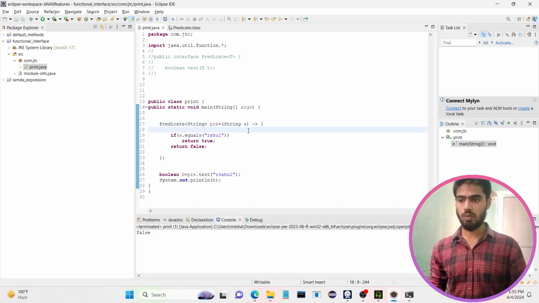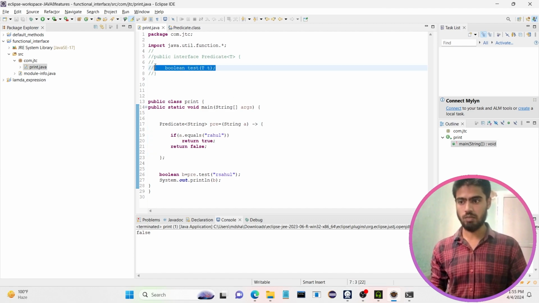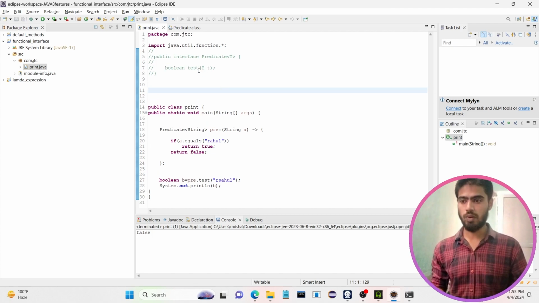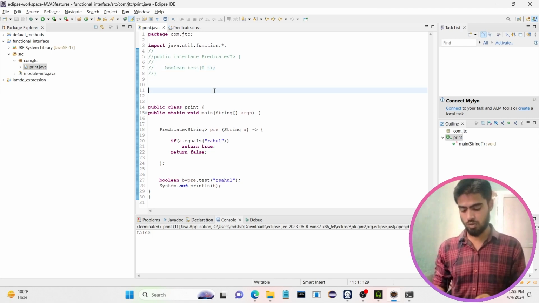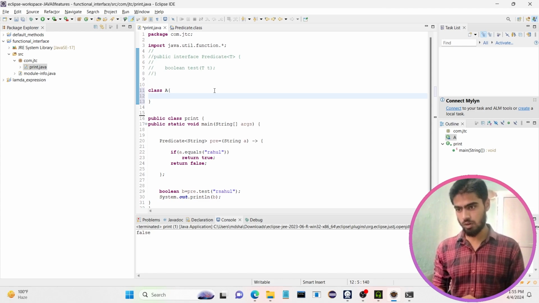Here we are providing a lambda expression implementation for this test single abstract method. What we can do is also use a method reference to provide the implementation for this method. Suppose we are going to have any class. What is going to be the name of the class? Let's say anything, A, in which we are going to have some method which is having return type of boolean. Method name is ABC, which takes, suppose, a string,